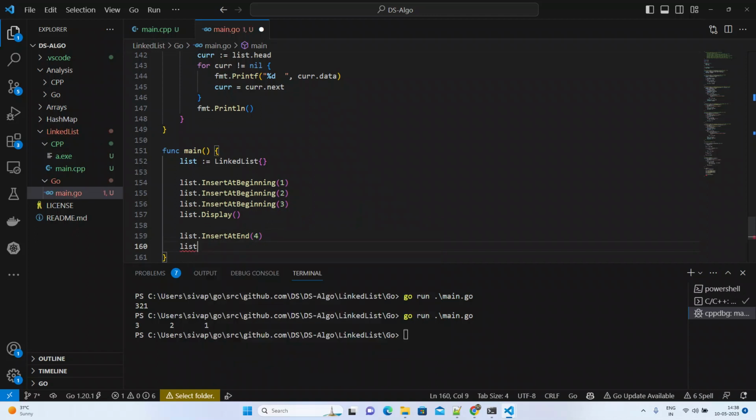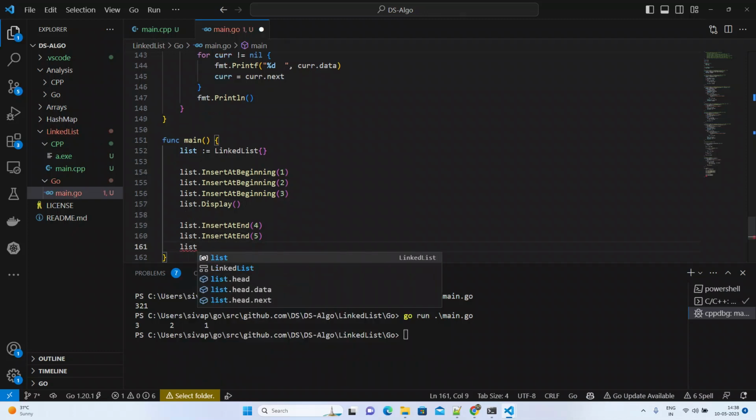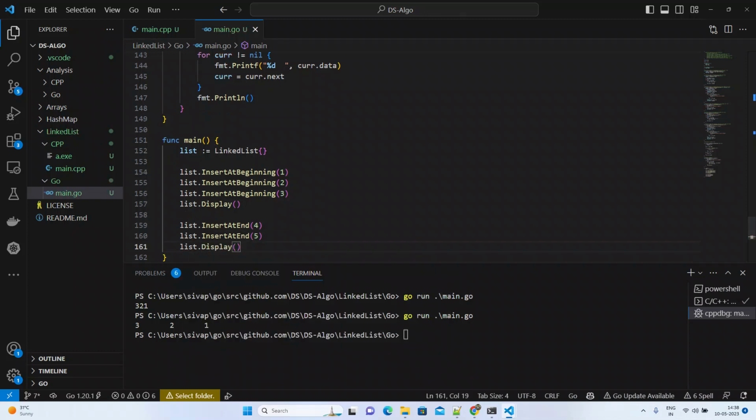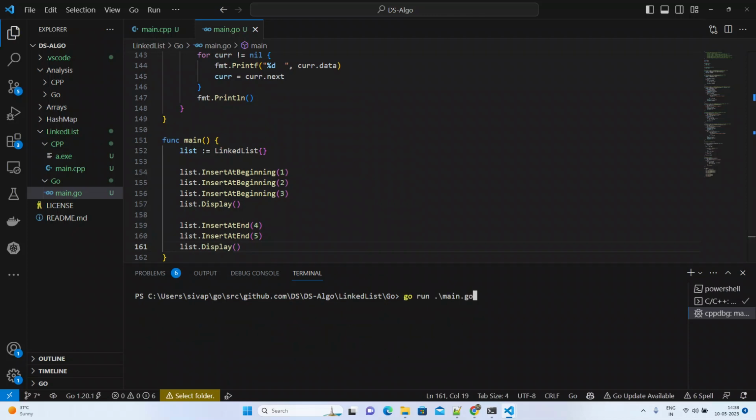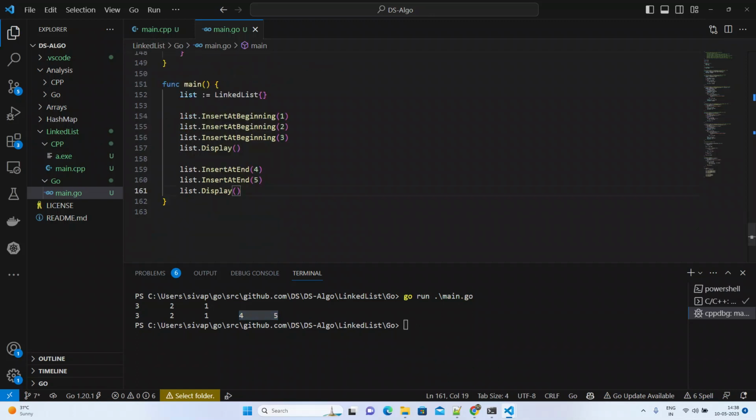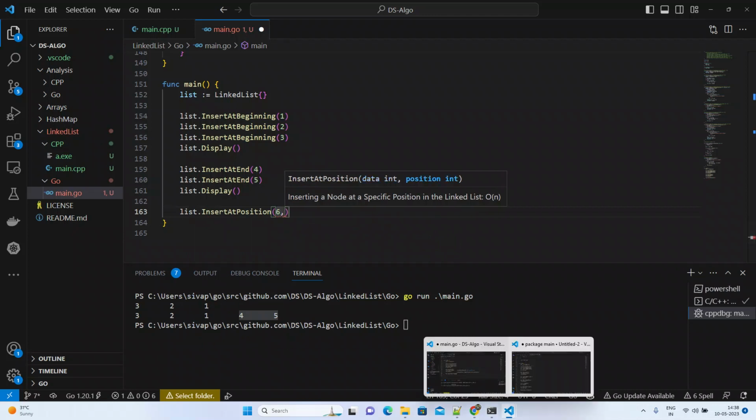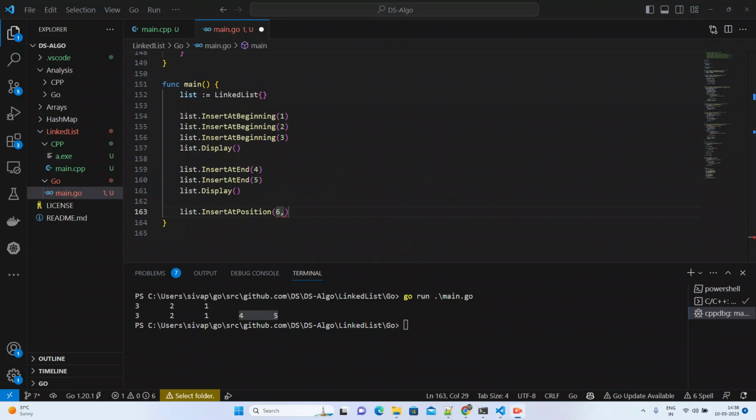List dot insert at end 4, list dot insert at end 5. Now try to display. Let us see what it will print. Okay, if you observe, 4 and 5 are inserted at the end. Okay, let us insert at a position also. Probably we can insert at position